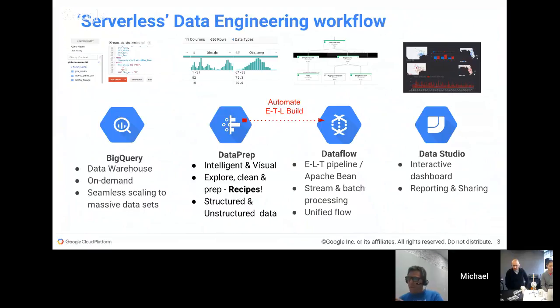And this tool is specifically made for that use case. It can be for presenting regular standard reports. It can be used to feed data into an ML pipeline. But the key point here is this is an automated ETL build, and that will go into DataFlow, which is